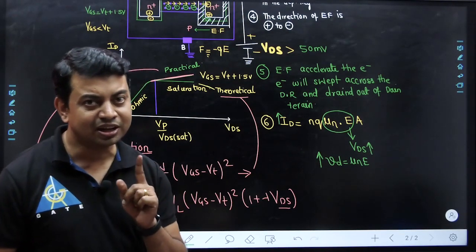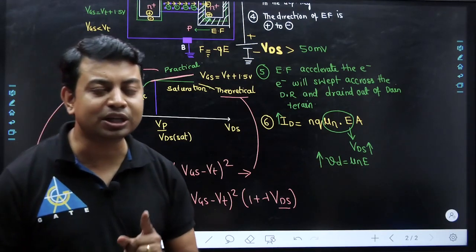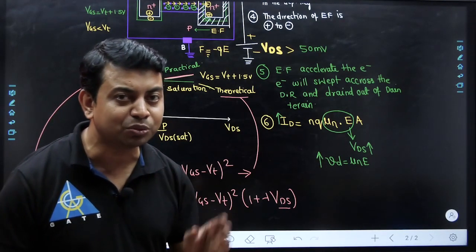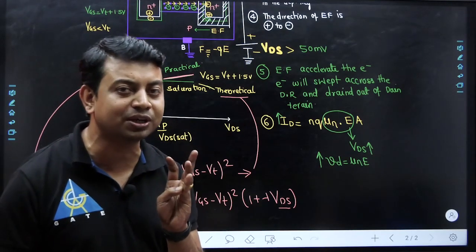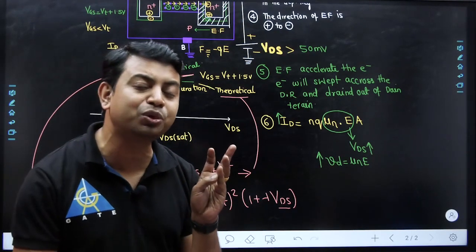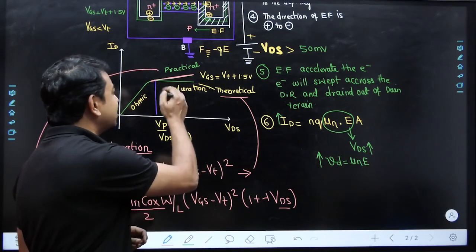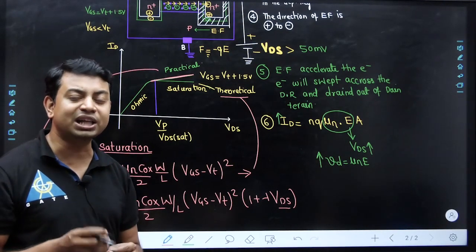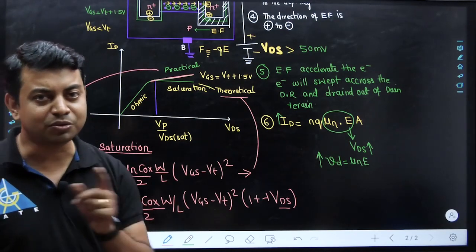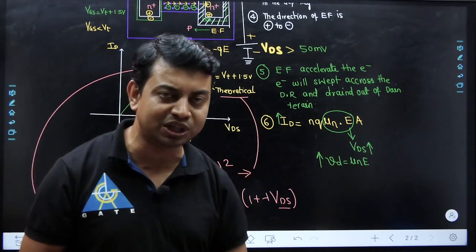So this is the last point for the operation of the MOSFET, in which we have started from creating the channel, then applied a small voltage at VDS, then applying a large voltage at VDS. This is the concept which comes under saturation, and next time I will tell you why this is called the saturation region and what is actually channel length modulation.